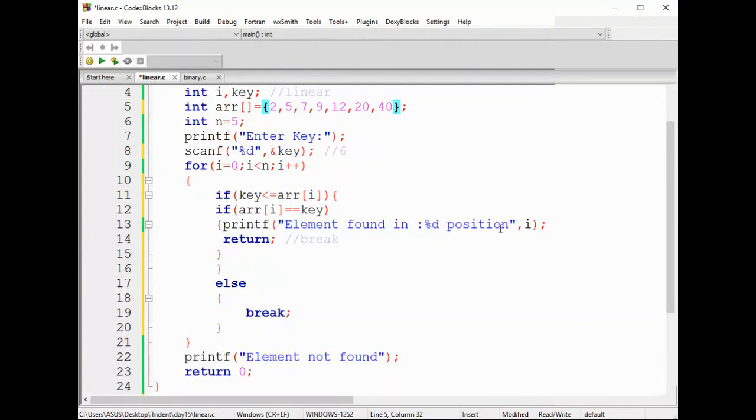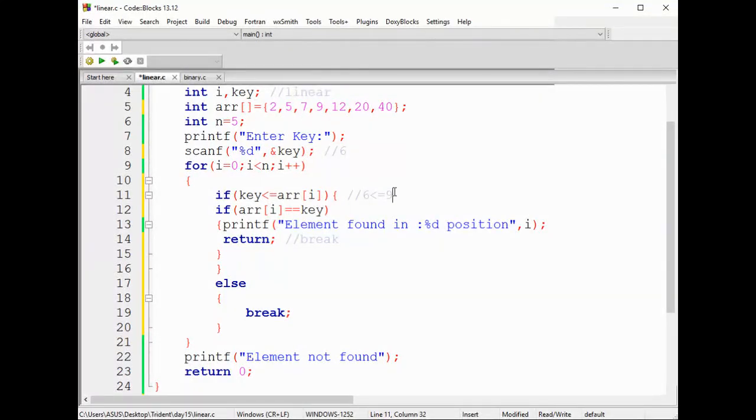So if I'm searching for 6, once it checks with 7, the condition where the key value 6 is less than or equal to 7 is true. The condition will not break there. For the next iteration, I check whether 6 is less than or equal to 9.